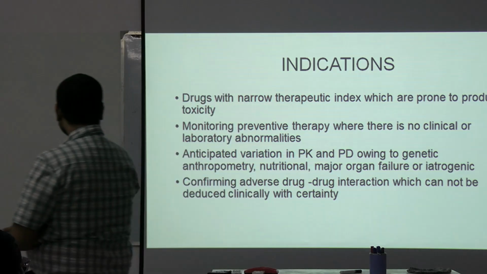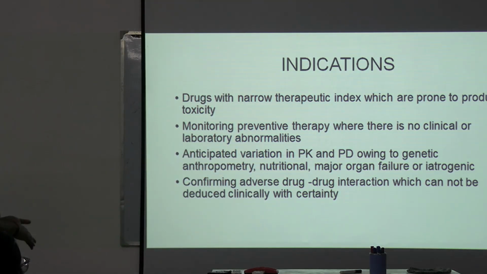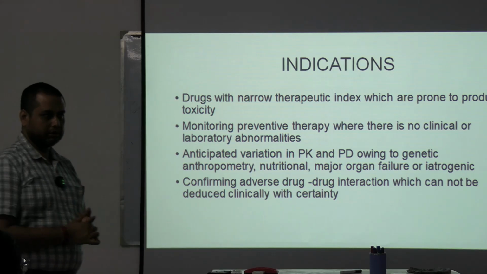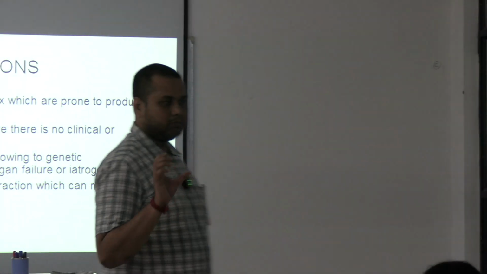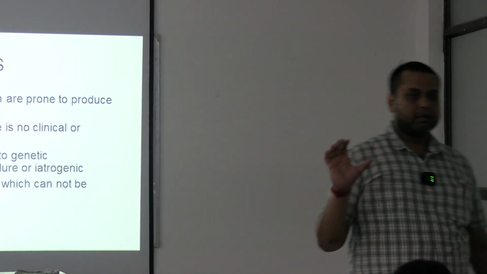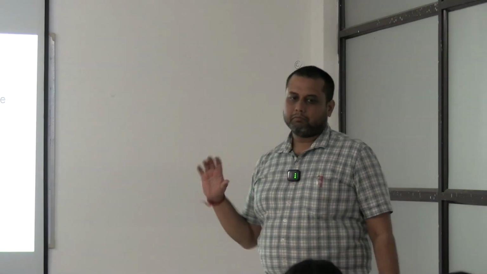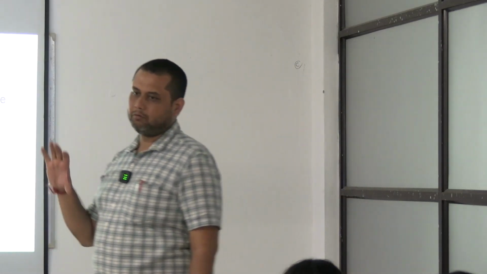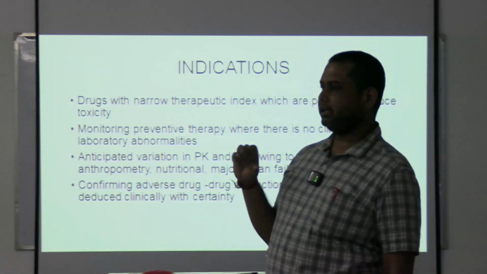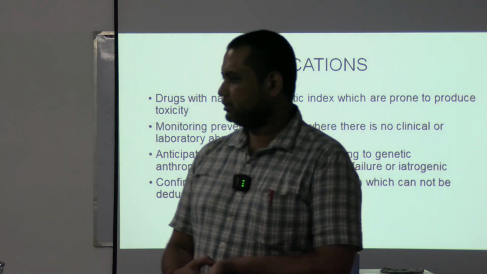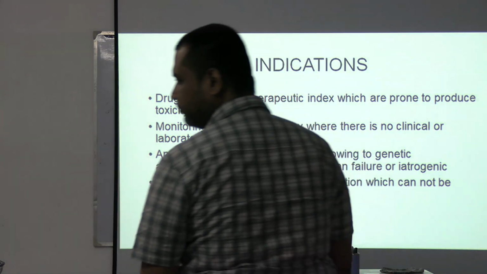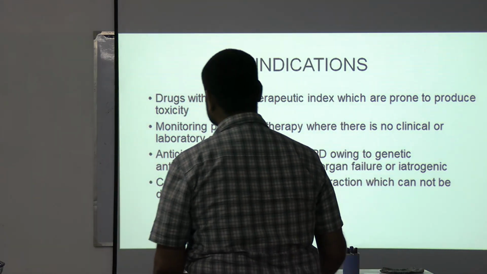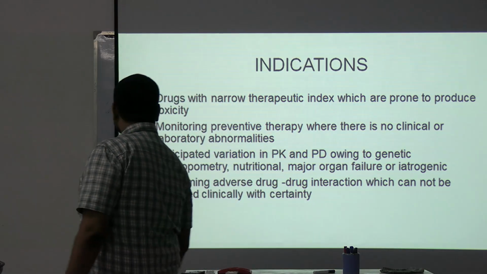Okay, second, monitoring preventive therapy where there is no clinical or laboratory abnormality. Now, as Anushka has said, phenytoin is used for prevention of seizure. Alright, but for that prevention to occur, you have to maintain it within a certain range of plasma concentration. If it falls below that range, the medicine will become ineffective. Okay, so for preventive therapy,